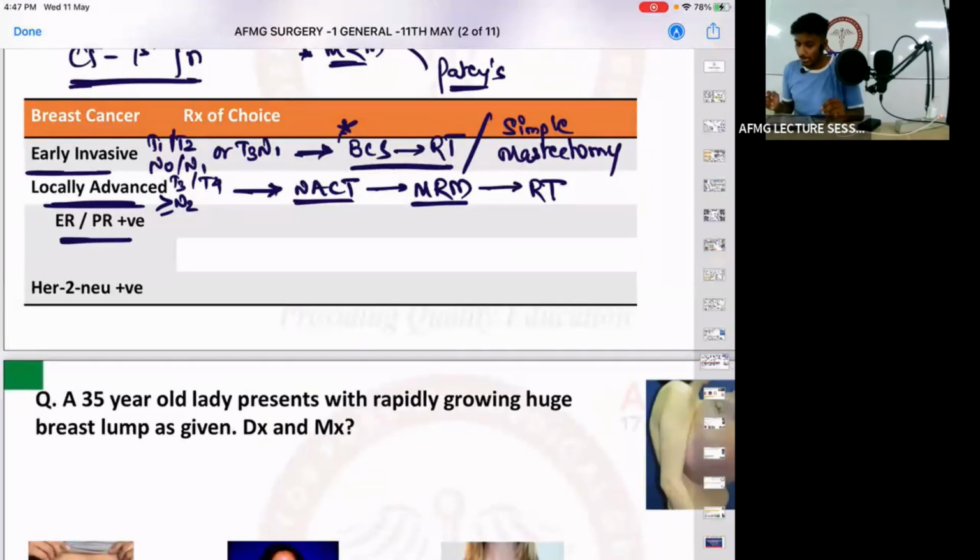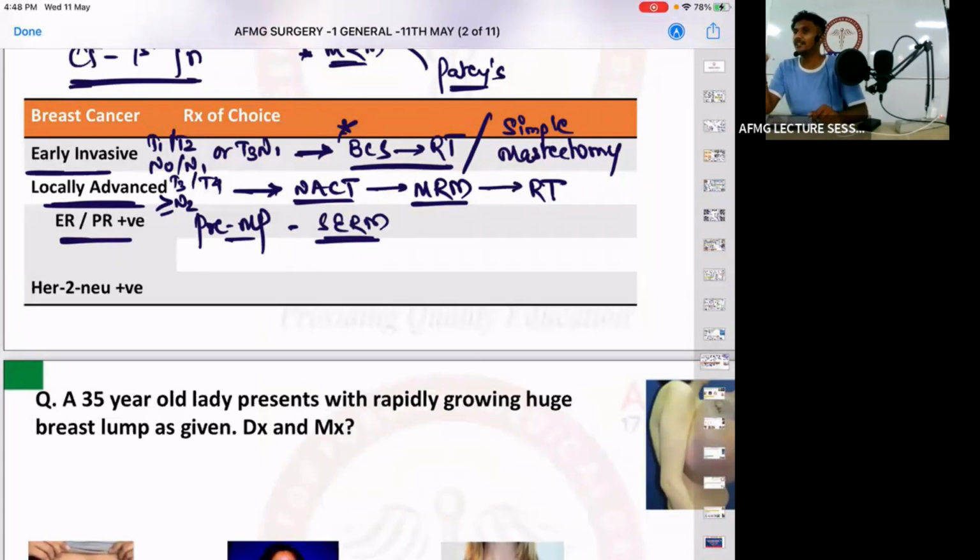If the cancer is ER/PR positive, for ER/PR positive in premenopausal females, the drug of choice would be? So if the breast cancer is ER/PR positive, that means hormonal therapy can be effective. Chemotherapy, remember, we usually give, but in ER/PR positive we will prefer hormonal therapy. We will give chemotherapy, but later. First we will prefer hormonal therapy. In premenopausal females, SERMs are given. So ER/PR positive premenopausal female, drug of choice are